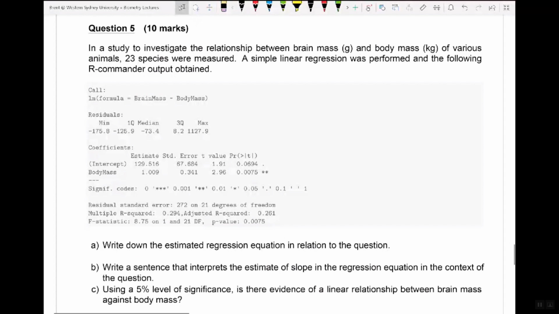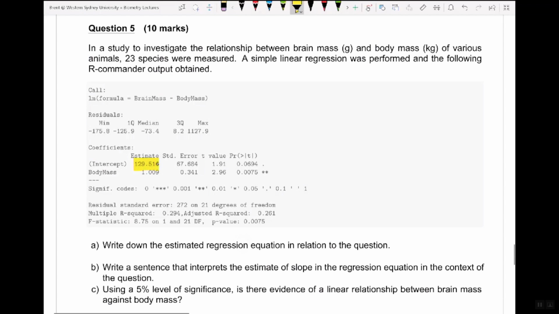So for part C now, again, it's that same old formula. I'll just write down my significance level and my p-value so I don't get lost. P-value 0.0075. Since p is less than alpha, we do reject the null hypothesis. Reject H0. What does that mean in the context of simple linear regression? We have evidence. We do have evidence